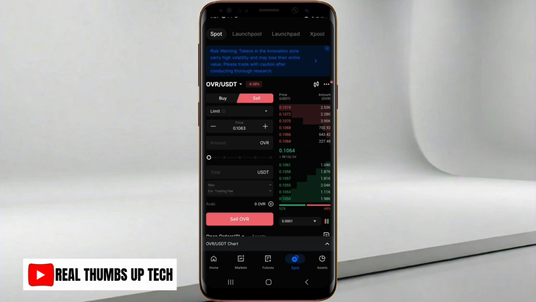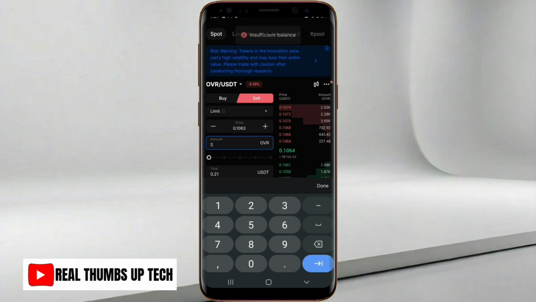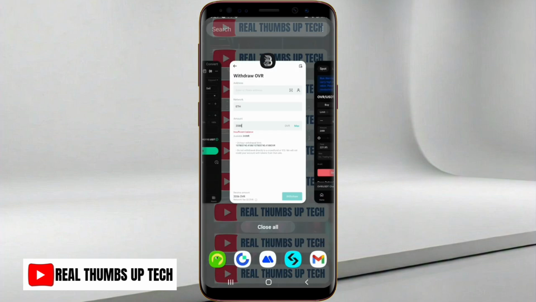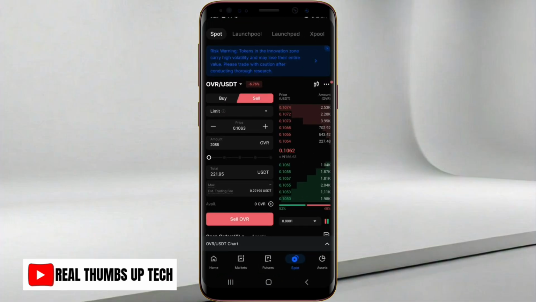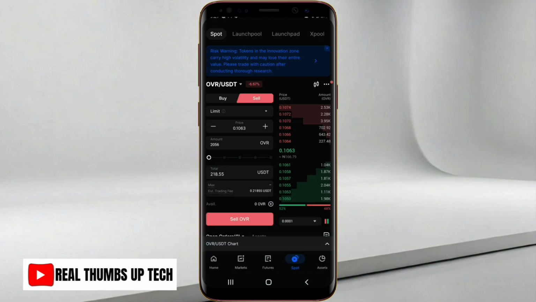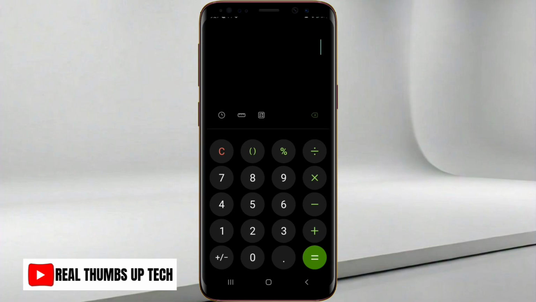So if we've sent it here, we should receive around 2088 OVR coins. And if we sell it, we'll be getting around, let me check if that is the exact amount we'll be getting. Okay, 2056 if they remove their charges. 2056. And we'll be getting around 218.55 USDT. If they remove their charges for the transaction, let's assume we'll be left with around 217 USDT at last. Okay, we sold at the rate of, let me just assume that when we sold, we got